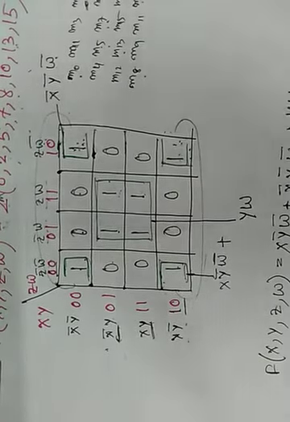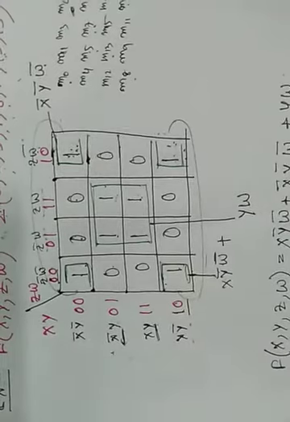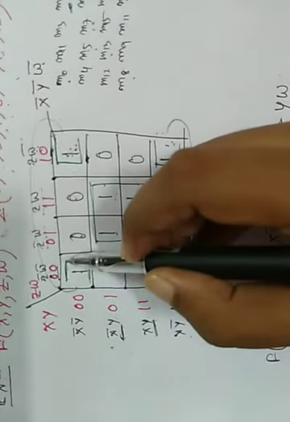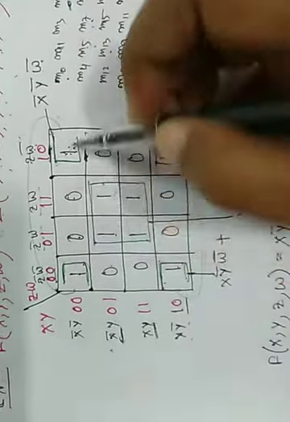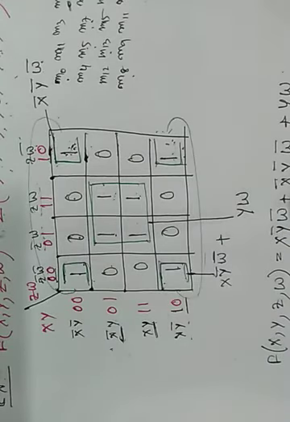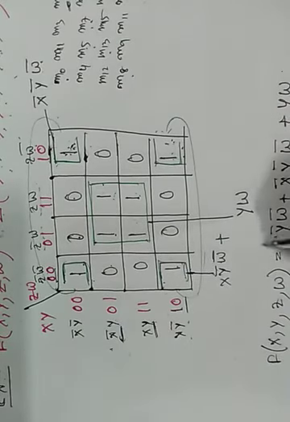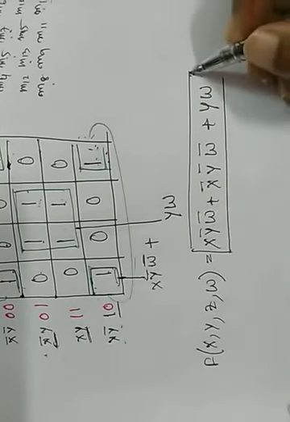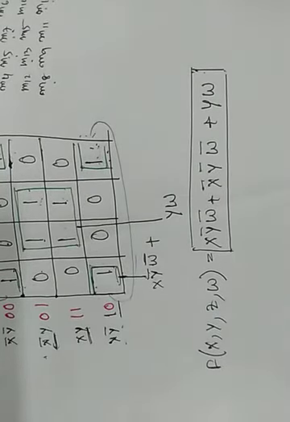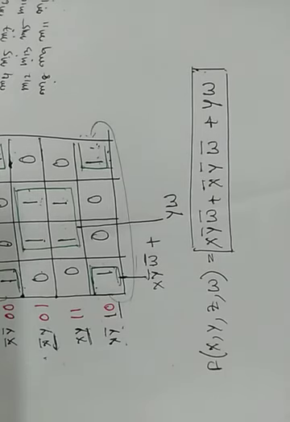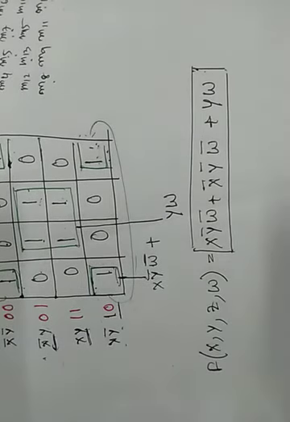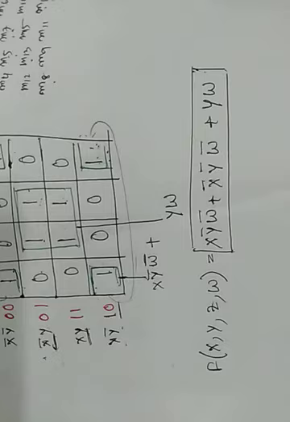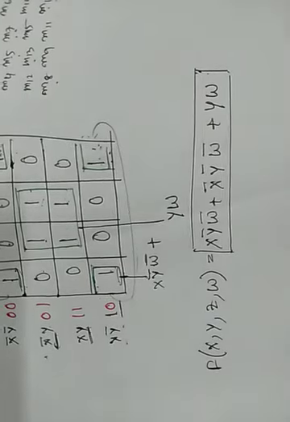Now here you can see that on taking these corner four ones in different groups, we get these expressions. Just mind it, follow it. Why are we taking four ones in a single group if possible? Because by taking four ones, the Boolean expression will be in a more simplified form.